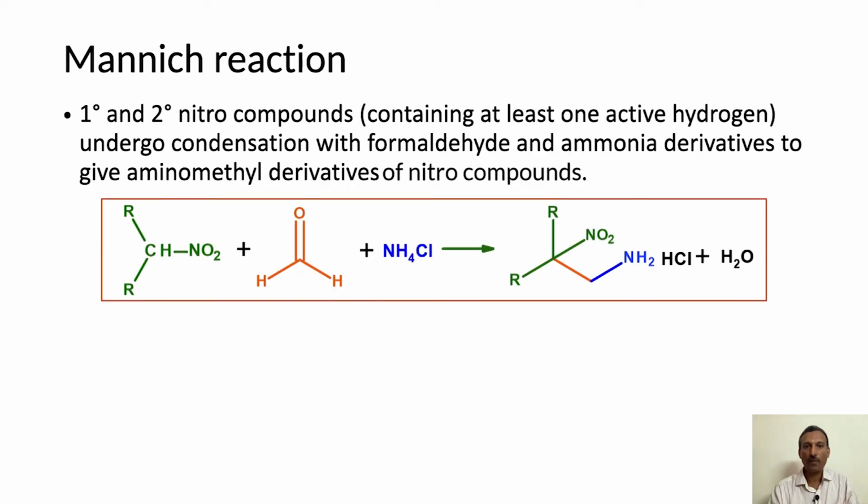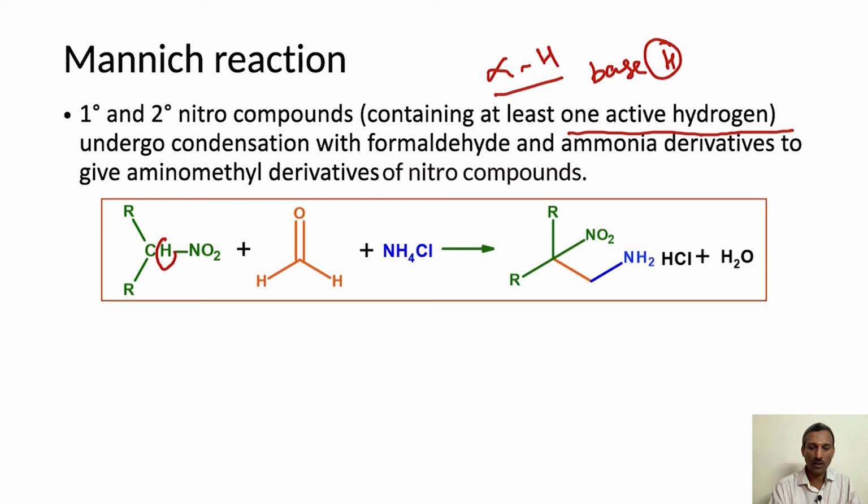The next one is the Mannich reaction. So in this particular case, a primary or secondary nitro compound has to have at least one active hydrogen. So what are the reactions we are actually looking at? All have the alpha hydrogen. At least one of the carbons, that is the alpha carbon, should have one hydrogen atom. So then only a base can abstract this particular hydrogen atom to give the anion. So this particular hydrogen is abstracted by the base to give the corresponding